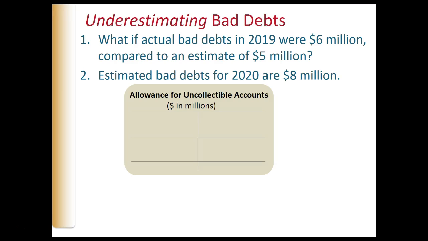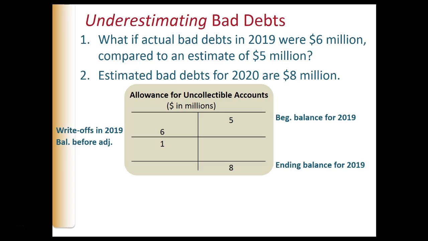At the end of 2019, Kimsey must once again estimate uncollectible accounts and make a year-end adjustment. Kimsey estimated bad debts in 2019 to be $5 million, but only $4 million were actually written off. This means the balance of the allowance account at the end of 2019 prior to any year-end adjustment is $1 million. Suppose that in 2019, Kimsey bills customers for services totaling $80 million and $30 million are still receivable at